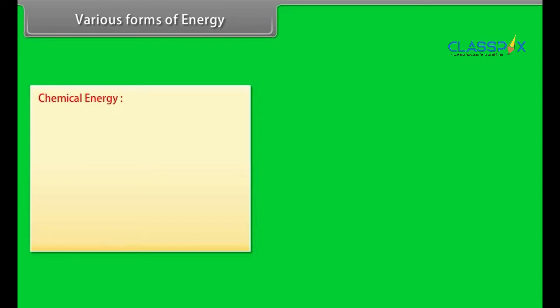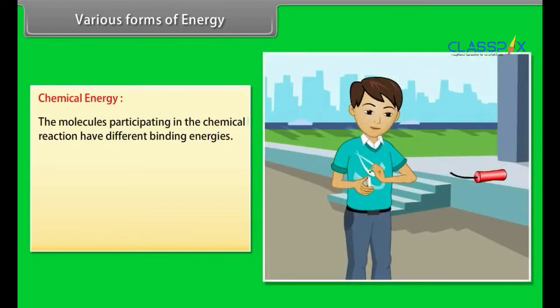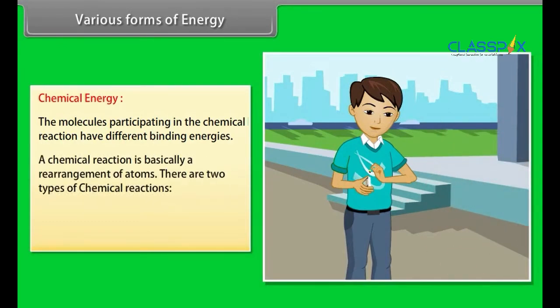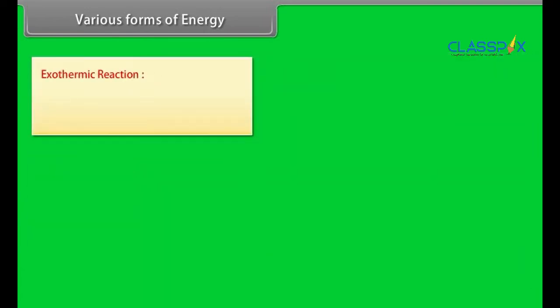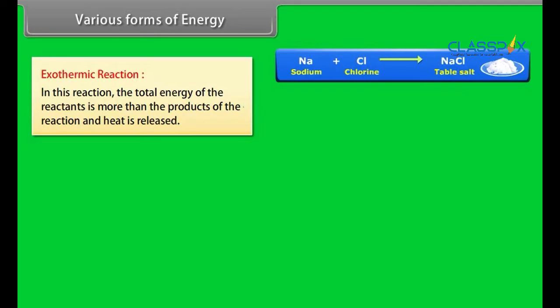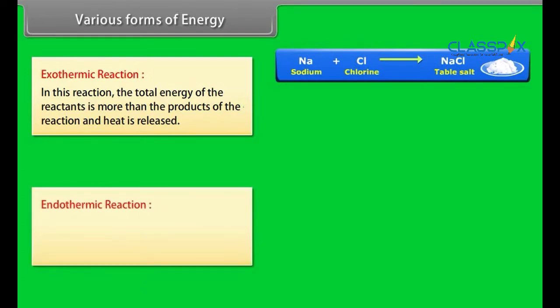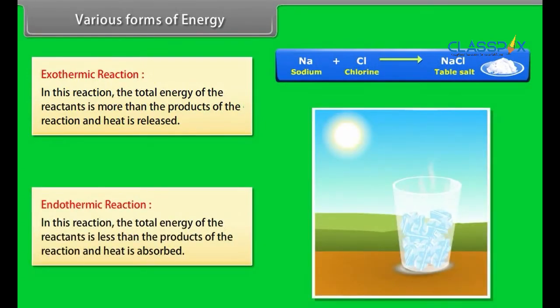Chemical energy. It arises from the fact that the molecules participating in a chemical reaction have different binding energies. A chemical reaction is basically a rearrangement of atoms. There are two types of chemical reactions. Number 1, exothermic reaction, and Number 2, endothermic reaction. Exothermic reaction. In this reaction, the total energy of the reactants is more than that of the products of the reaction and heat is released. Endothermic reaction. In this reaction, the total energy of the reactants is less than that of the products of the reaction and heat is